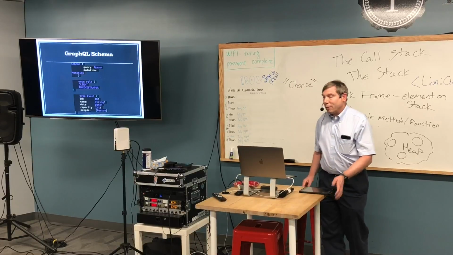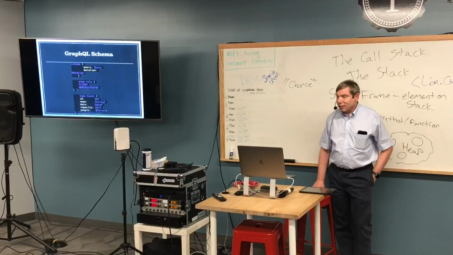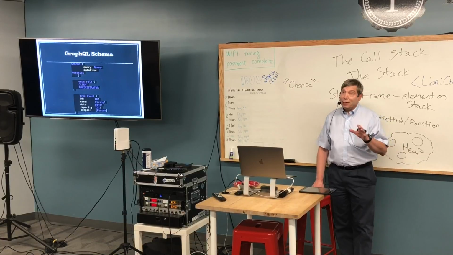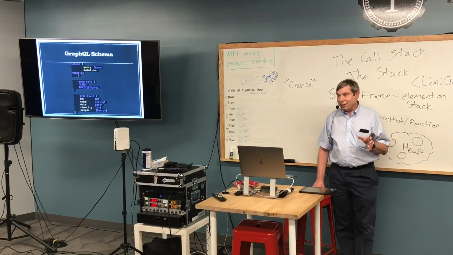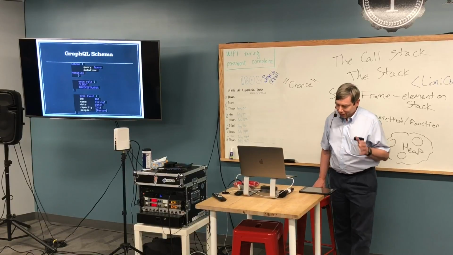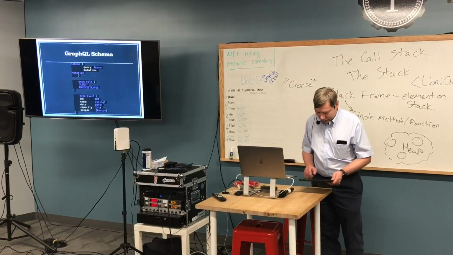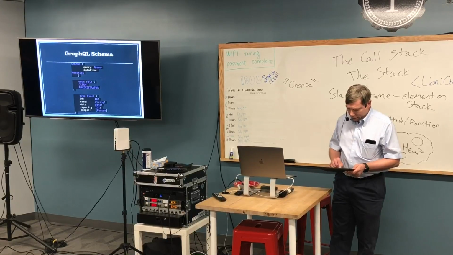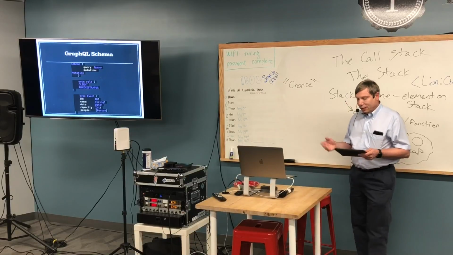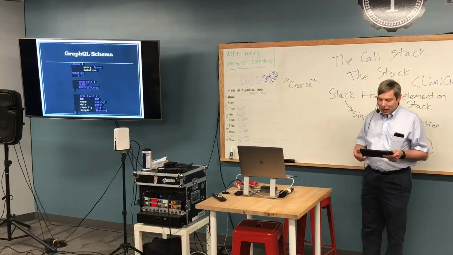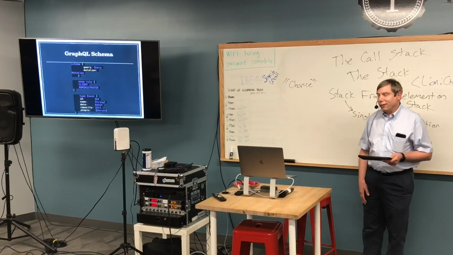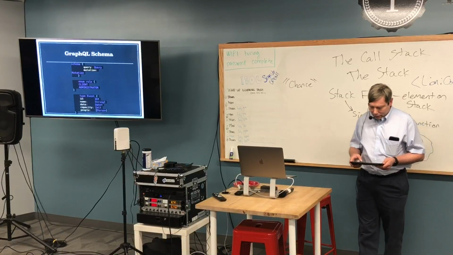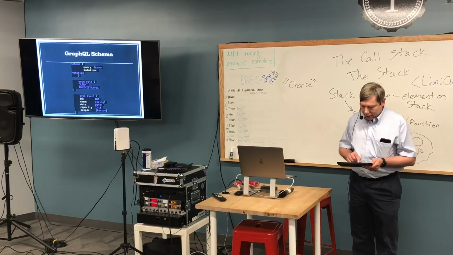Okay, so let's talk about the schemas. This is part of the schema I used in my application. And there's no use in going through the whole thing, it just won't help anything. But you start off with the schema, and you have queries and mutations, and all this does is tell you where to look for the queries and mutations. I created an enum,